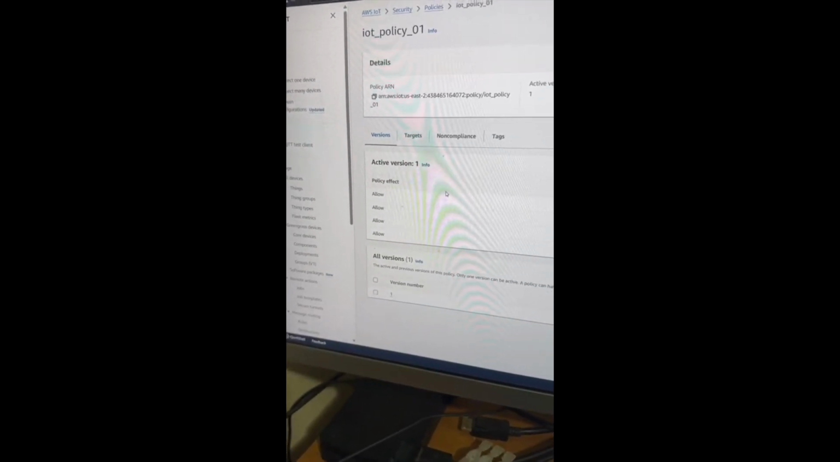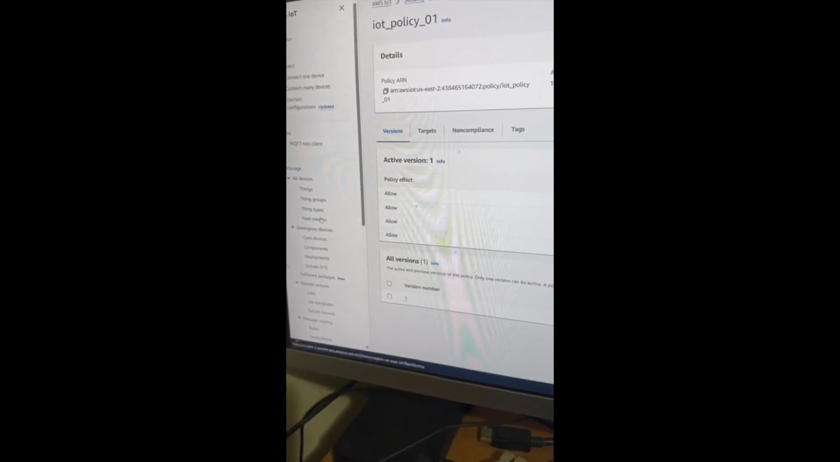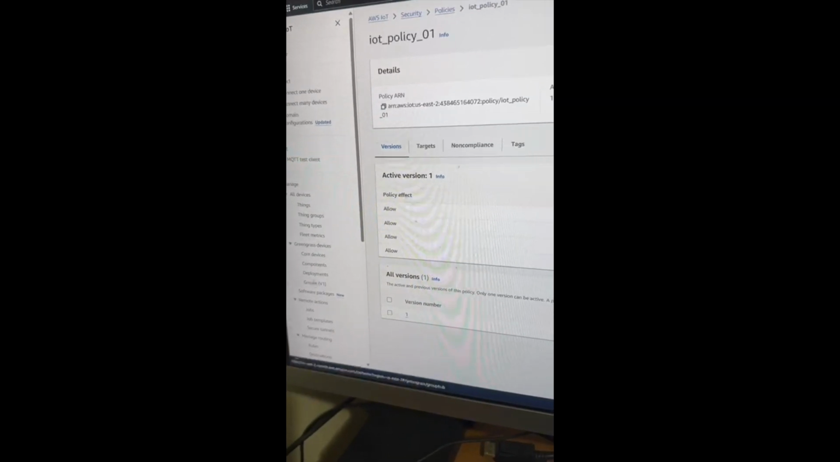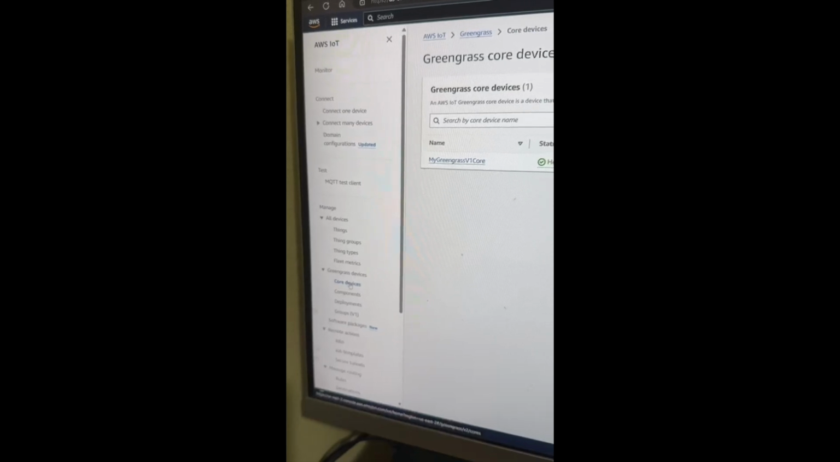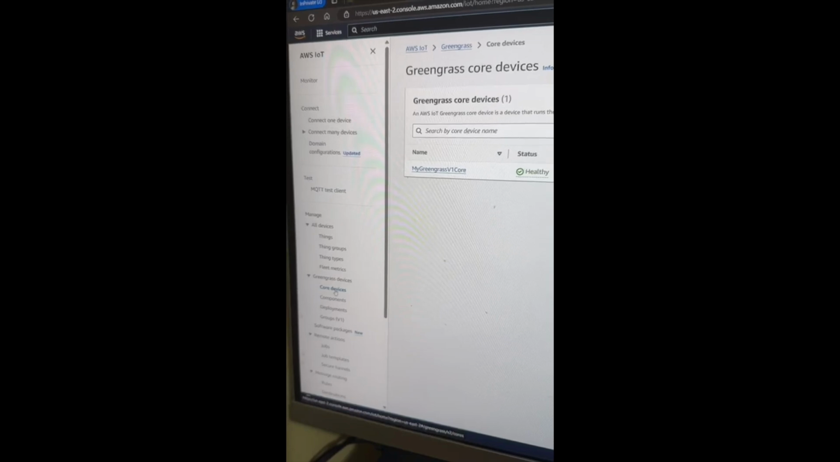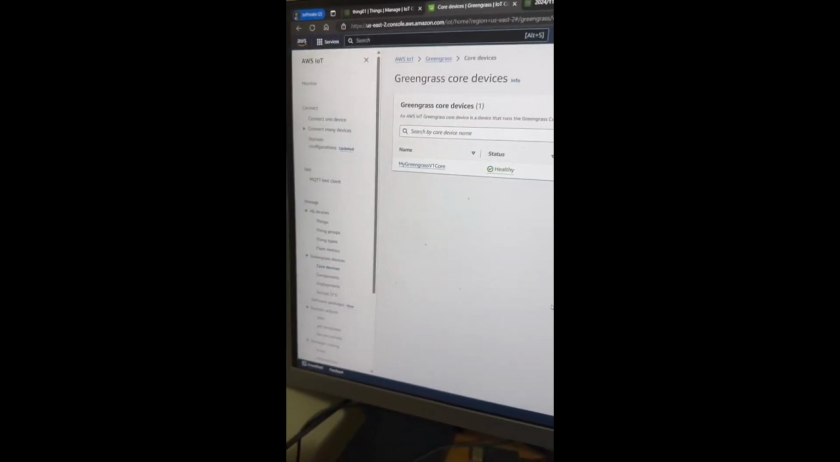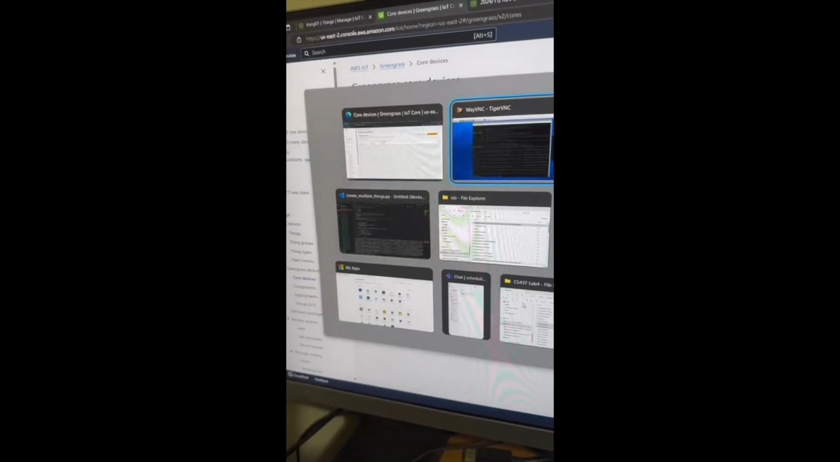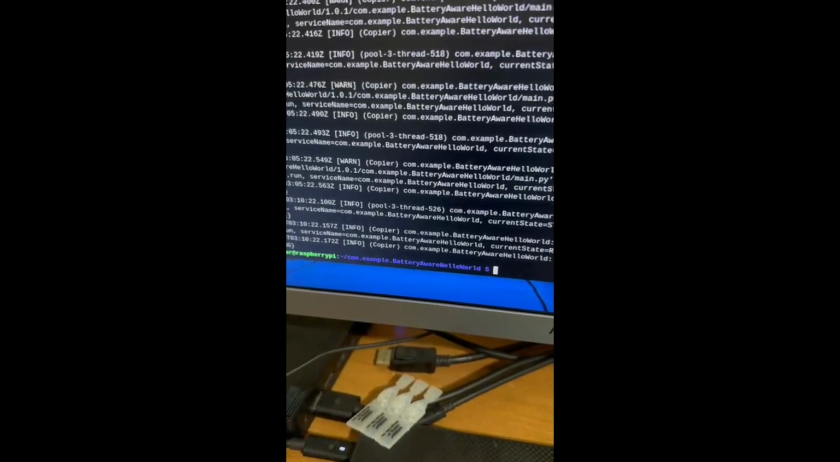I am using Greengrass v2 here, as v1 is not recommended, and there are some problems with Java versions for v1. So if you see in the core device, we have the Greengrass v1 core. So I will go ahead and open my Raspberry Pi. Inside the Raspberry Pi, as you can see, I have created an example, which is